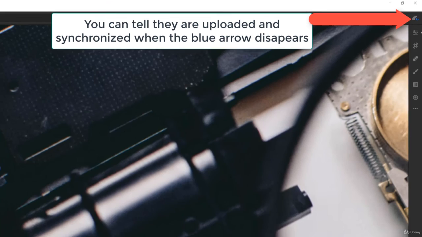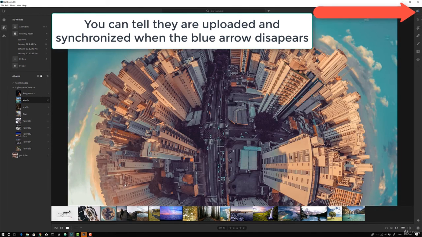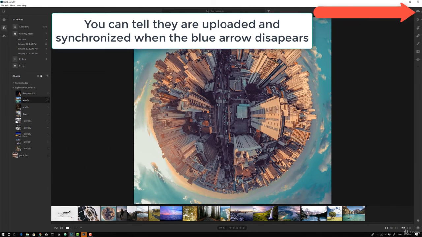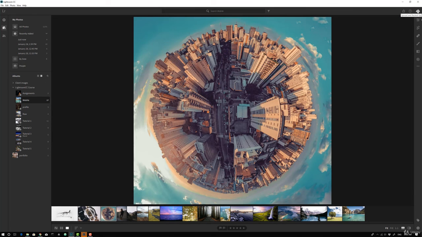So even though they show up here and I can use them here, they now are synced to the cloud. Fully synced to the cloud, now they're available in the Lightroom cloud, both from importing them into that entire folder in Lightroom CC and from doing it in Lightroom Classic CC. Now I hope that helps you understand how you can upload an entire folder of images using either Lightroom Classic CC or Lightroom CC. Now this lecture is actually in response to a student question,